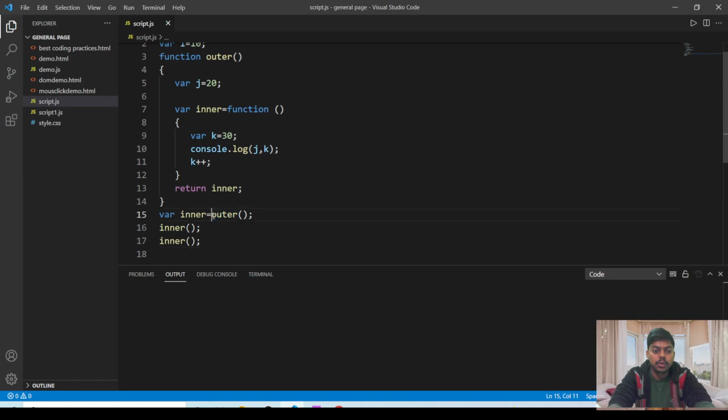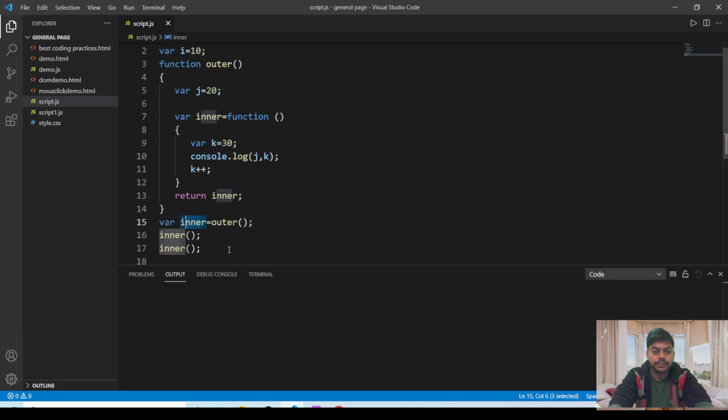First we are calling the outer function, and the return value, that is the inner function, is stored in inner. After that we are calling inner twice. So what should be the output of this code? Let's decode it step by step